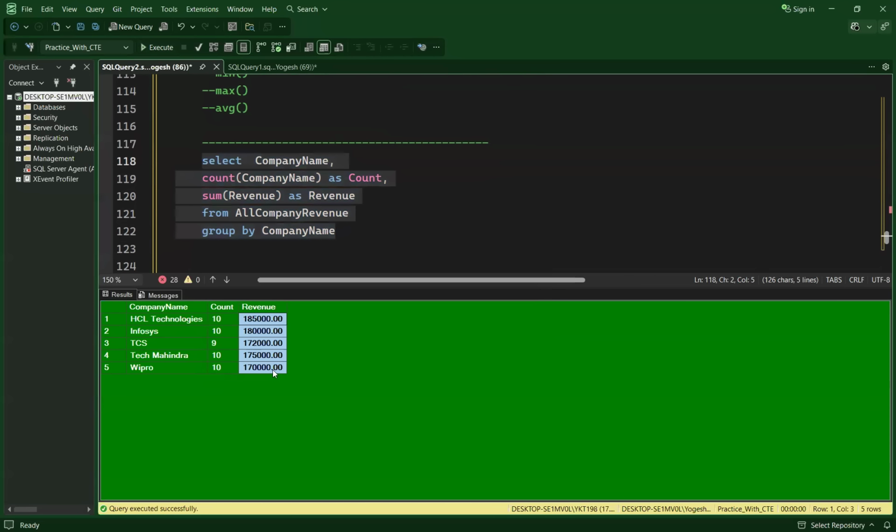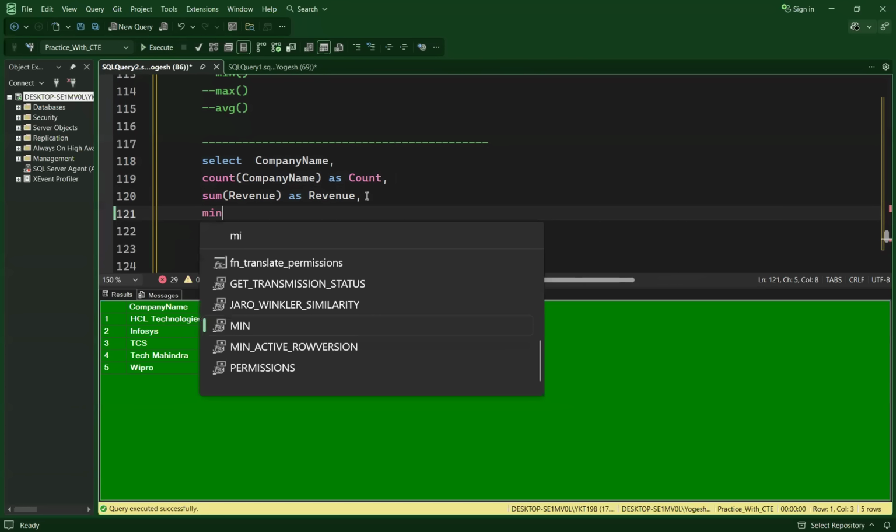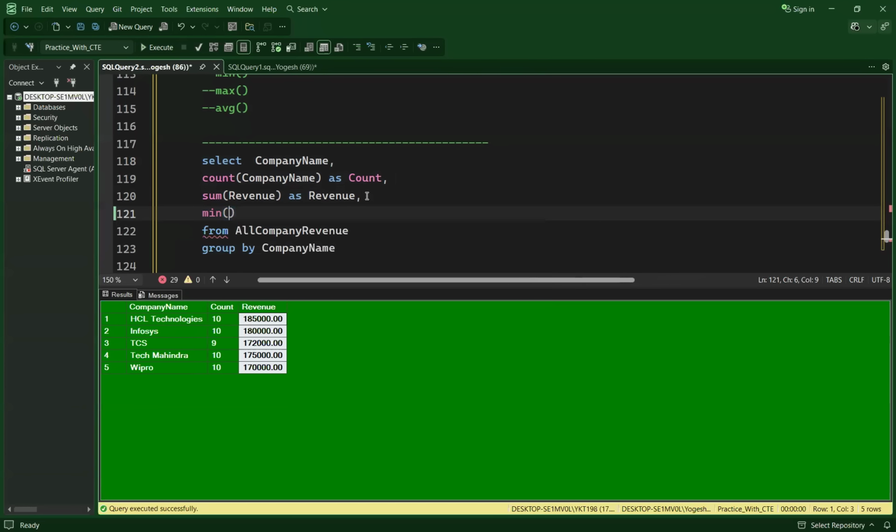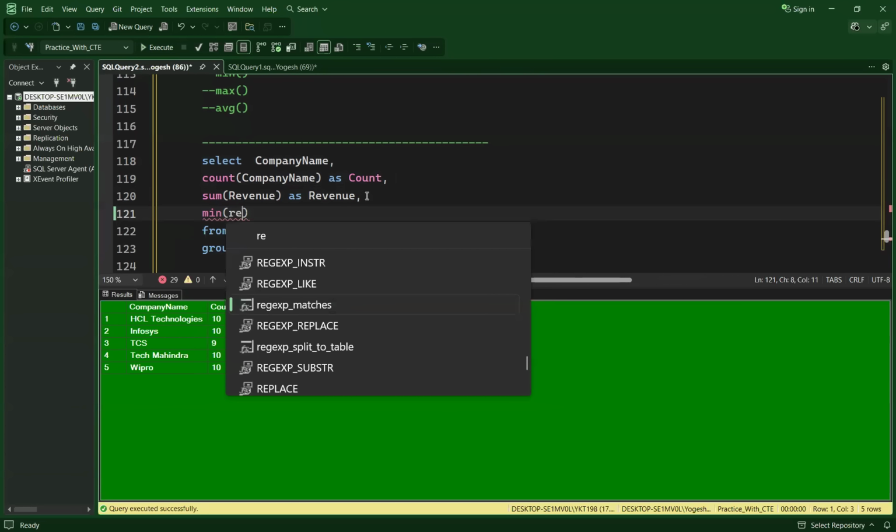What's the total revenue? So this is the total revenue company wise. I want to get the minimum amount company wise over all months. Okay, so minimum. You should use the min function and revenue